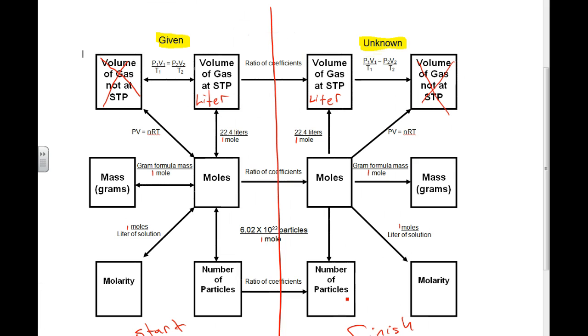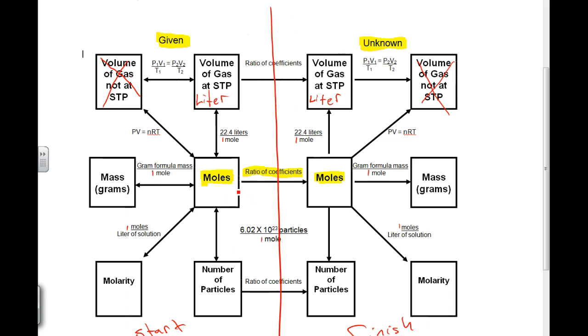If you remember, we just had a few minutes ago number 36. In number 36, you will recall we were given moles. That was our given, or that's what we started with. And we were going to end in moles. Now, to go from one box to the other, we follow the arrow. Whatever is on the arrow will tell us exactly what to do. So to go from moles to moles, we went,